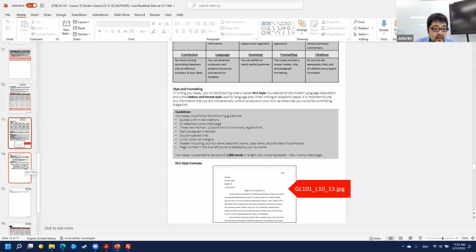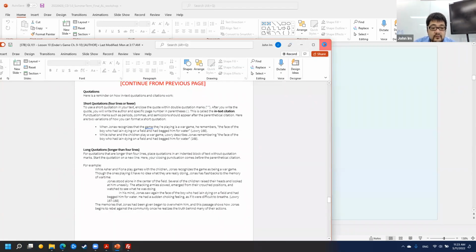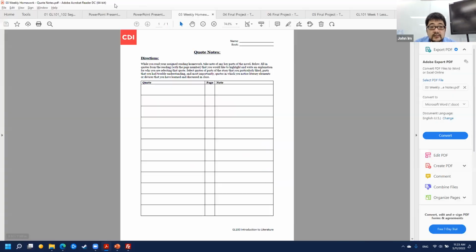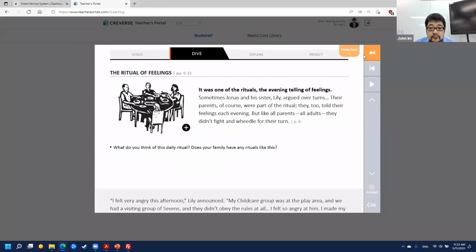MLA style looks like. And then in some of the previous lessons, there are lesson 4 and lesson 7. These weeks have the actual analytical writing in the class. So those will have projects that are dedicated to teaching the structure of writing a lit paper. So lesson 4, for example,